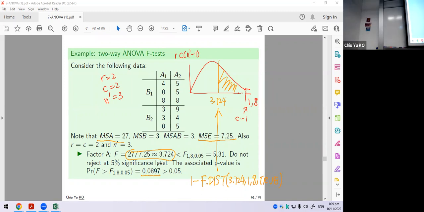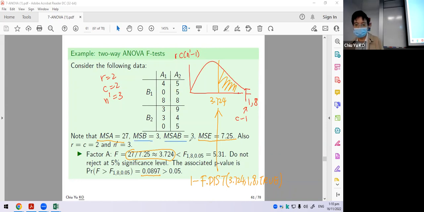So if you use 10%, you reject, but if you use 5%, you don't, right? So in this example, grouping by A will actually be meaningful if you use 10%, right? Using 5% is no, 1% is no, okay? And for the grouping of